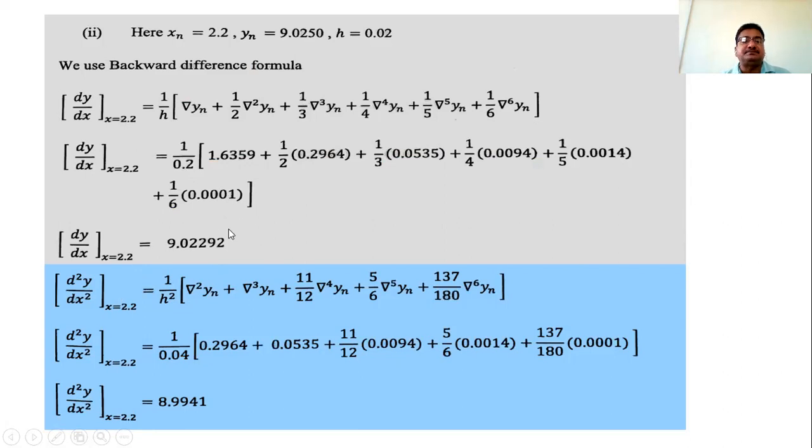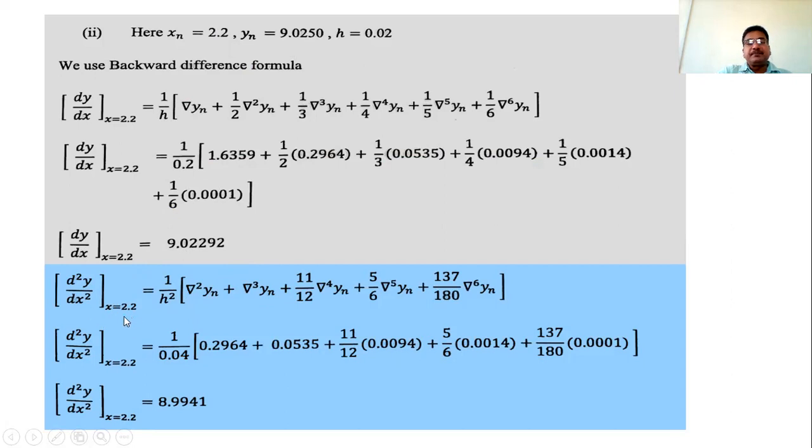We have this answer. So this is the first order derivative at the point 2.2, by considering 2.2 as the last point, the last point of the table. And if you have to find it at 2.0, then consider 2.0 as the last point, that is, consider xn as 2.0. But we have to find the value, suppose at 2.2, of the first order derivative, and then second order derivative